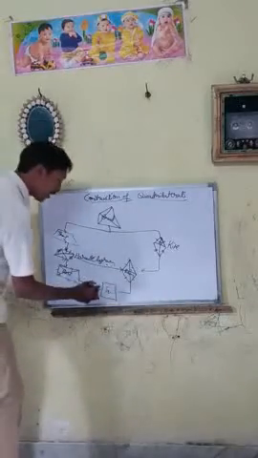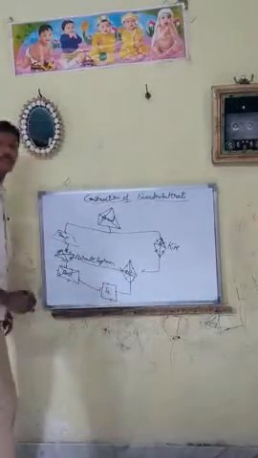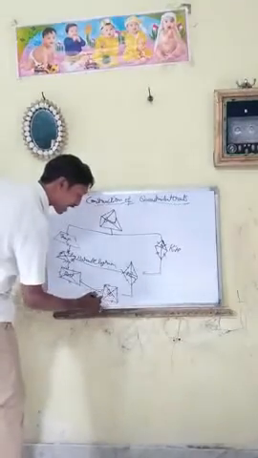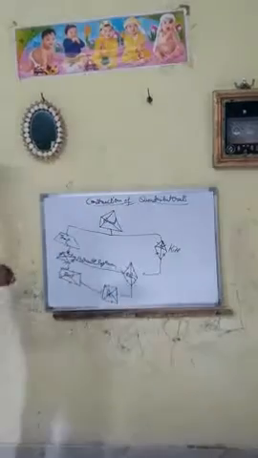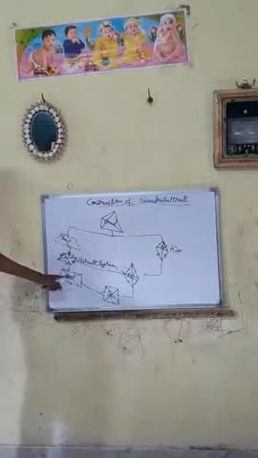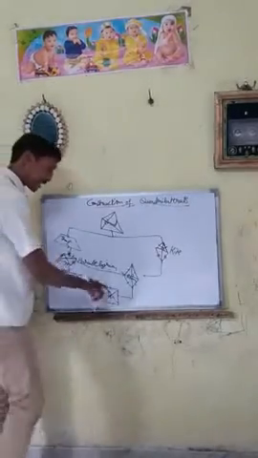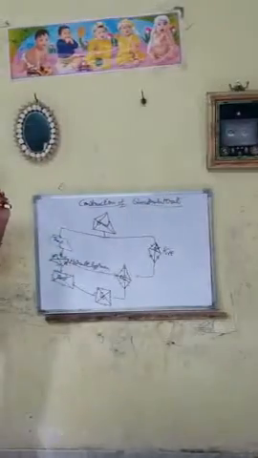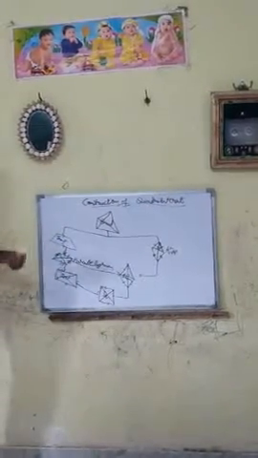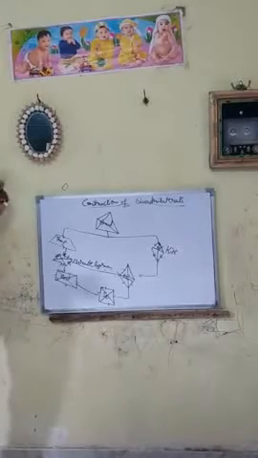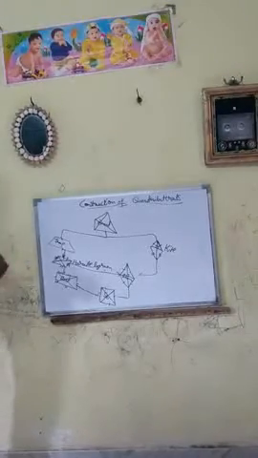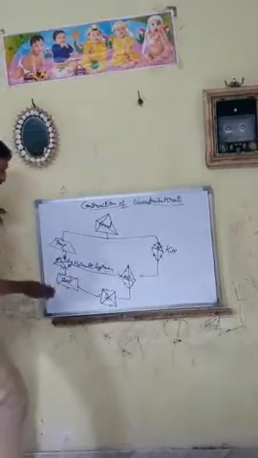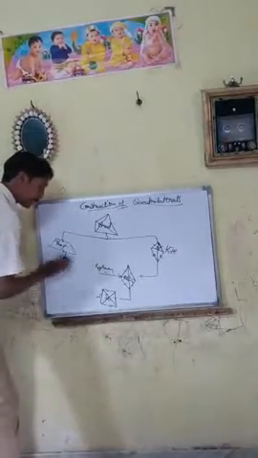In a square, all sides are equal, each angle is 90 degrees, and diagonals are equal as well as bisect each other at right angles. In a rectangle, they don't bisect at right angles, but here they bisect at right angles. So this is about the tree diagram of quadrilaterals with their properties. Let me give you a brief one or two steps of their properties for each diagram, statement-wise. You can refer to this tree diagram in your textbook also.